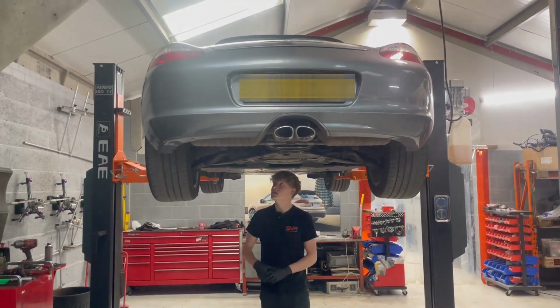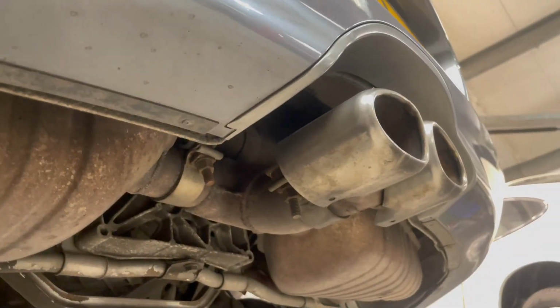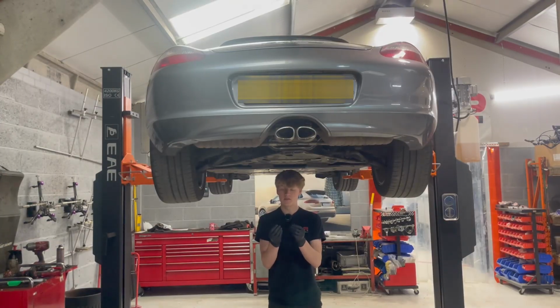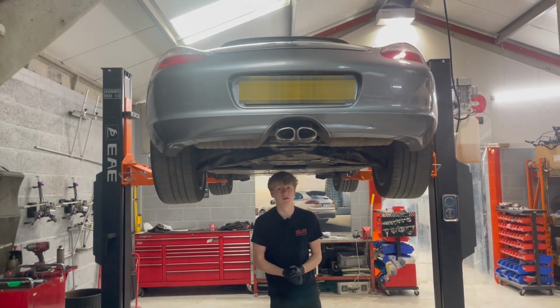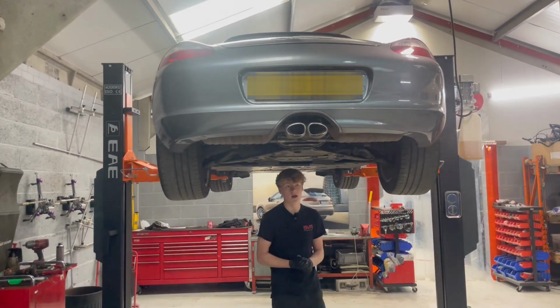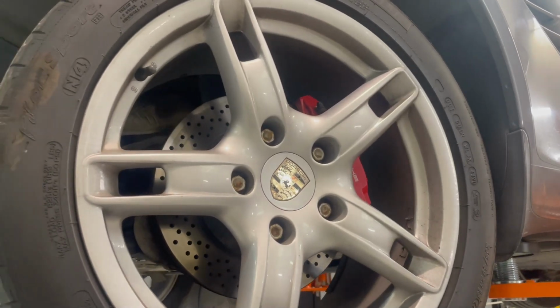So these cars have a flange between the catalytic converter and the back box which join them together, and slowly over time the gaskets disintegrate and can start to cause leaks and of course exhaust blow. So we're going to be showing you a quick insight on what goes into changing these gaskets and what we do to do that. To begin with, we start by removing both the rear wheels, but to do so we